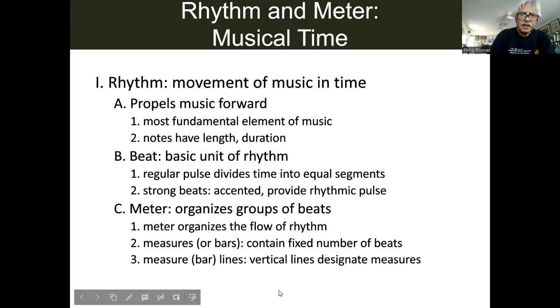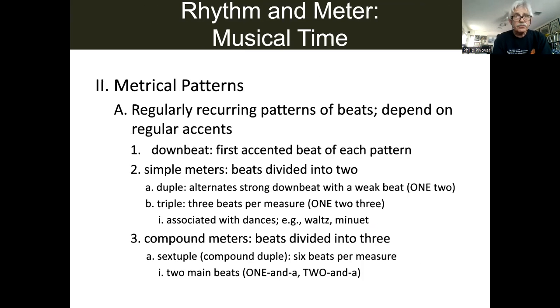Because they'll say, go to the next bar, and they really mean the next measure, because each measure has to have a bar line, right? A bar line at the beginning, a bar line at the end. So if you have 2 measures, you have 3 bars, 1 bar, 2 bar, and the end bar. Vertical line designates measures. We talked about accents and downbeats, simple meters, compound meters,